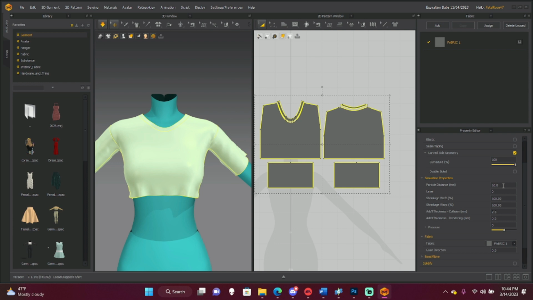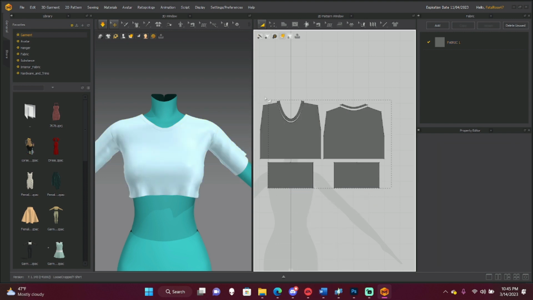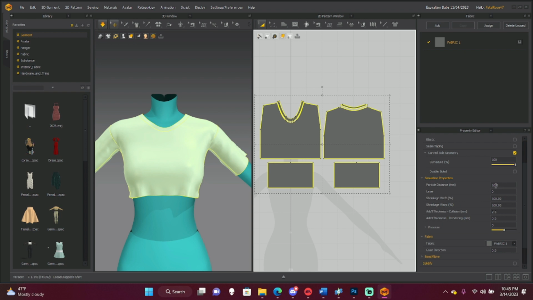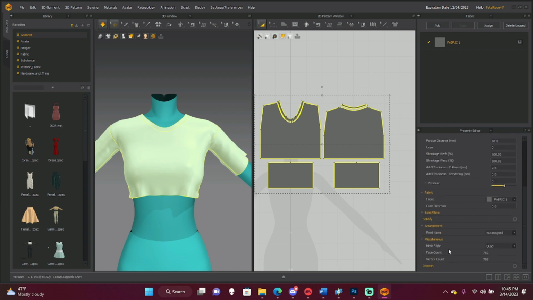But the lower the particle distance, the more detailed a mesh can be, because it gives it the ability to move more naturally, if that makes sense. So somewhere between 10 and 15. This is a crop top, so I think having a lower particle distance is fine. And you also want to make sure under miscellaneous, you have it in quads.